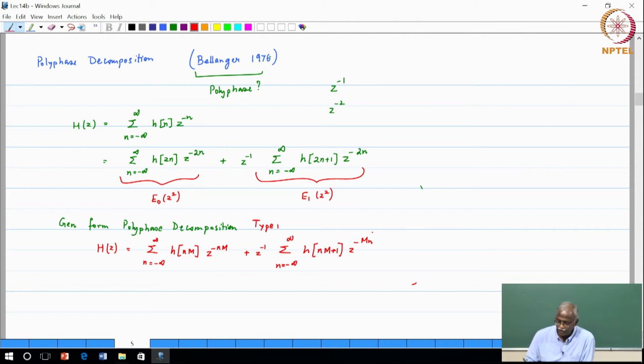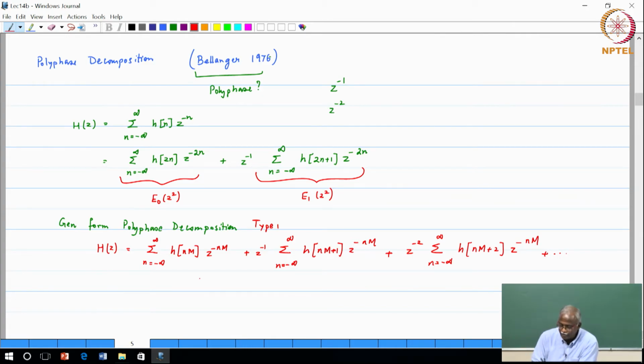Okay, please note z power n m. Next is a summation with z power minus 2, summation n equal to minus infinity to infinity, this would be h of n m plus 2 z power n m. Okay, and so on. The number of sub computations will be, since you split it up in the